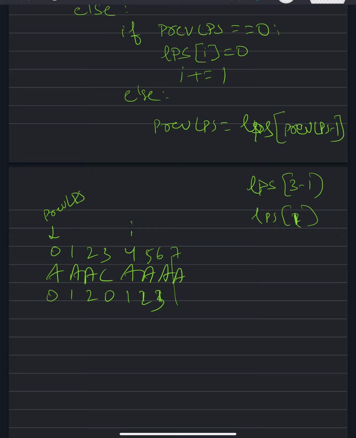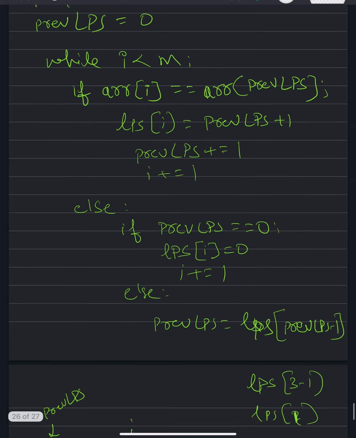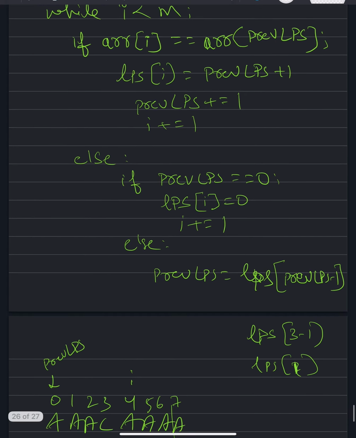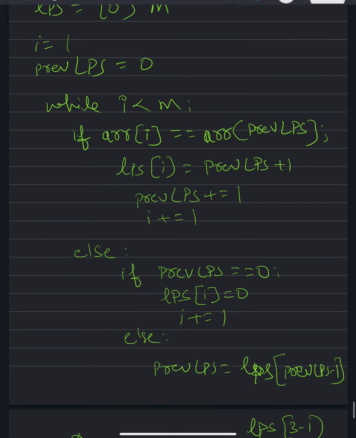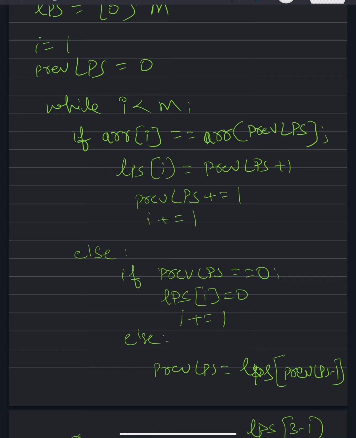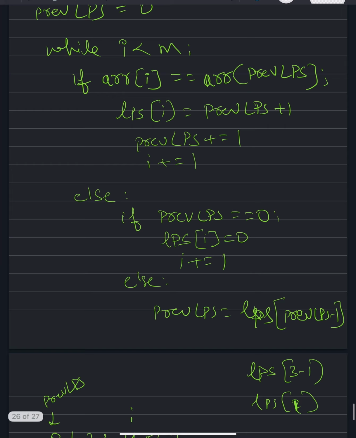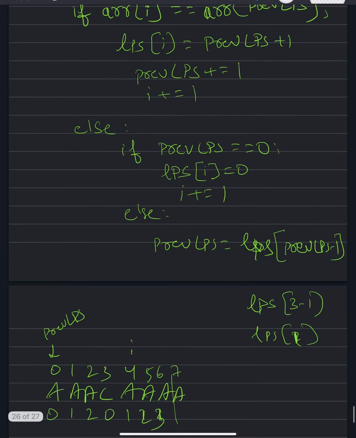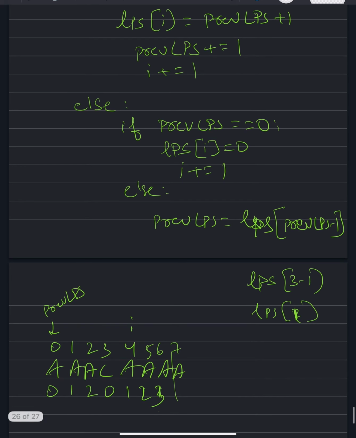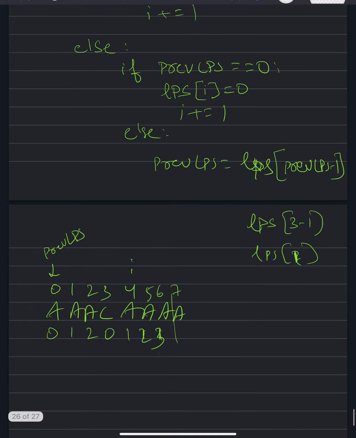Okay. Now we were checking for LPS 4. Okay. ARR 4 and ARR I. ARR 7 equal to ARR 4, which is not there. Then we come here, and our previous LPS, which is 3. Okay, previous LPS is not 4, it's 3. So 3 minus 1. LPS equal to